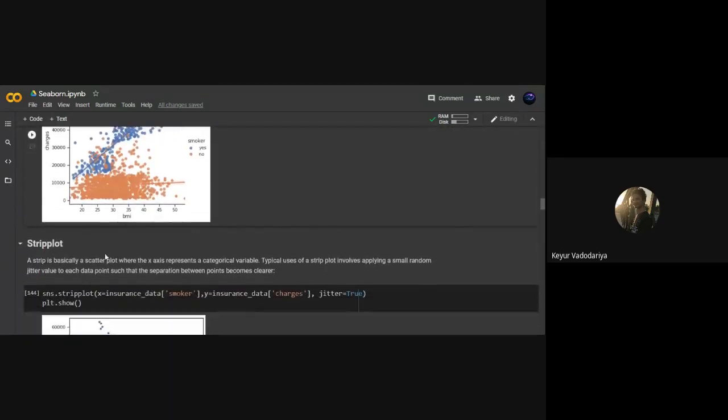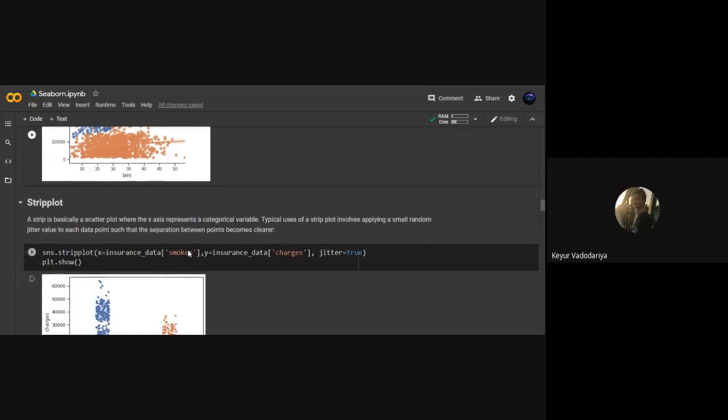The next is the strip plot. Now strip plot is the same as a scatter plot, but in scatter plot we have both the axes, that is X and Y, as a numerical axis, numerical value, while in the strip plot your x-axis can be a categorical value.